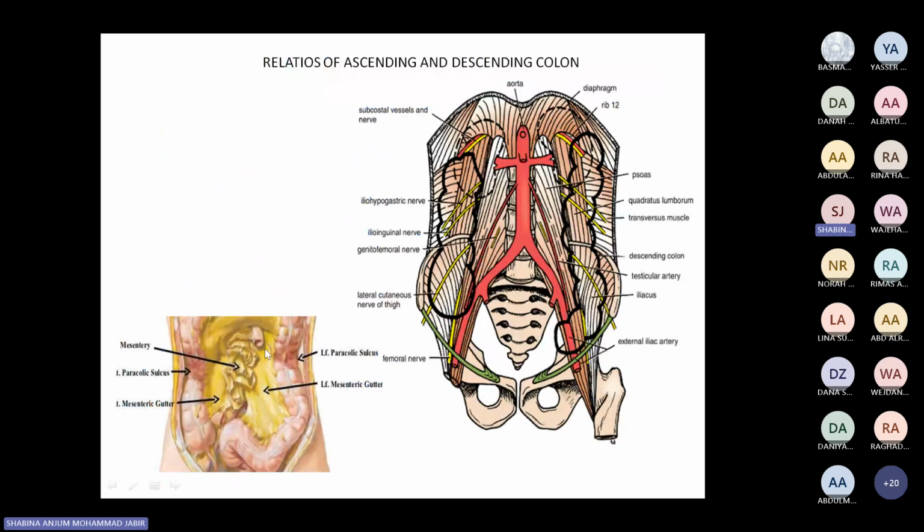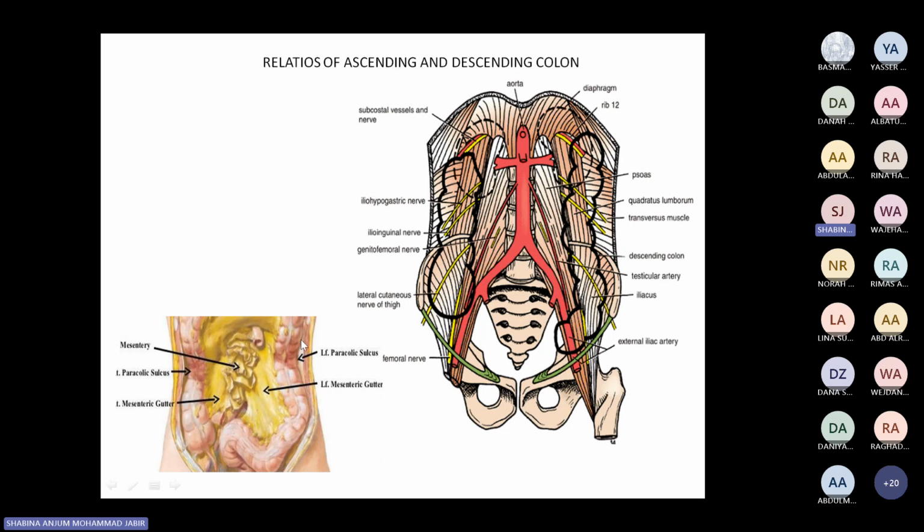So this is the picture. If you remember, we have seen the first slide, the attachment of the mesentery. If you remove the whole of the small intestine, this picture will appear. This is the posterior attachment of the mesentery. Now, what else do you have to see here? When you remove the small intestine, we have seen that mostly the large intestine is uncovered by the peritoneum